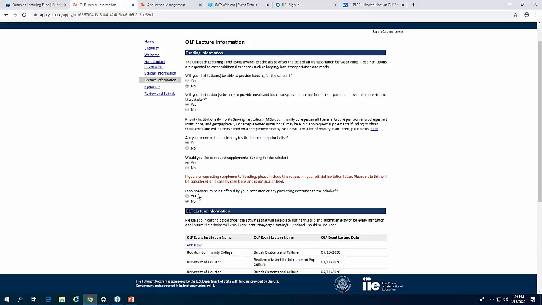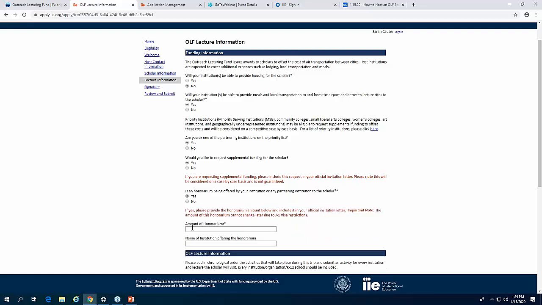The last question that we need to know, and if things change, please let us know, especially if it pertains to honorarium. But at the time, if you have decided to provide an honorarium, you would list the amount that you are providing. Please note, we'll go over this in a moment. Honorariums are not required. I would say less than 10% of institutions do offer them, but there are some institutions that feel very sure about offering these, and they feel that it's something that they must do.